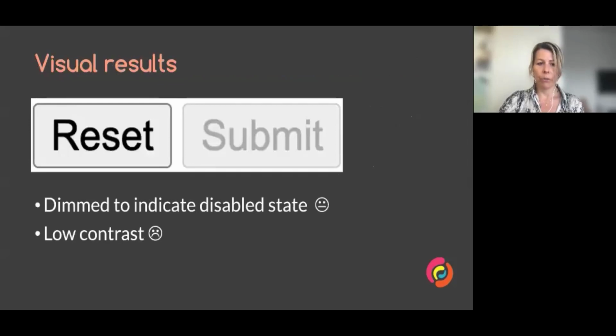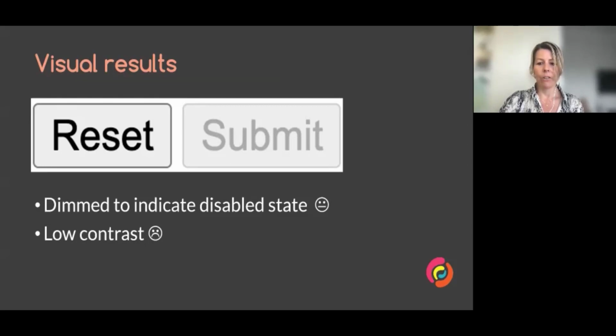The visual results of this are that the submit button is dimmed or grayed out, and this is to indicate its disabled state, which is a good thing, right? Because this is intentional and useful for sighted users. We know not to try and activate that disable control based on its dimmed or grayed out appearance. They're usually low contrast disabled buttons by default.